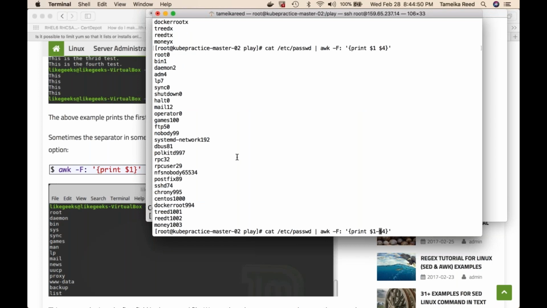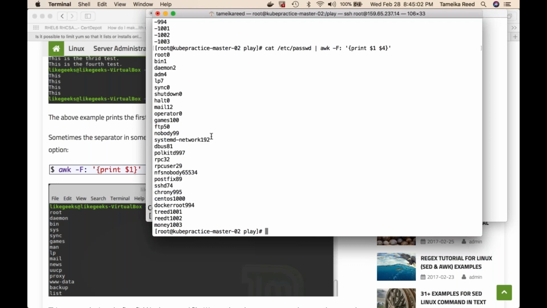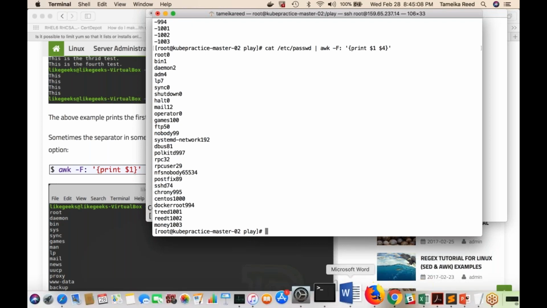Let me see if I do 1 through 4. So you see it's printed out the dashes, and actually it's skipping some stuff. So you know that doesn't work. Yeah. All right. The next thing we want to show is